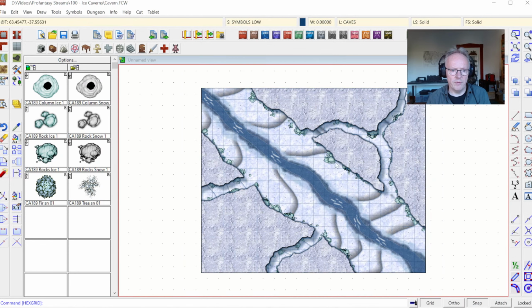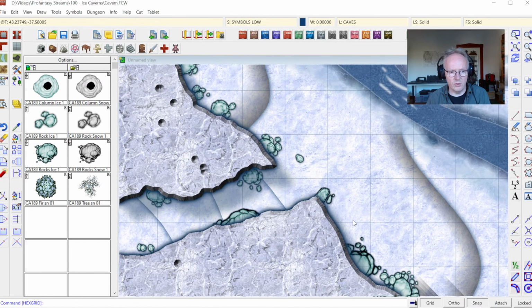Apply, and I have to refresh so that the grid is set up to be nicely below the walls, so you don't get the grid on the walls, and a nice